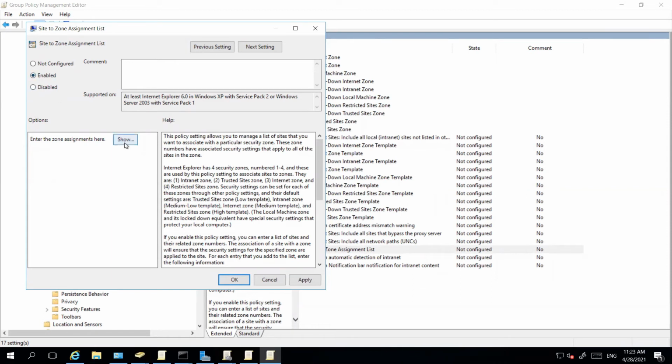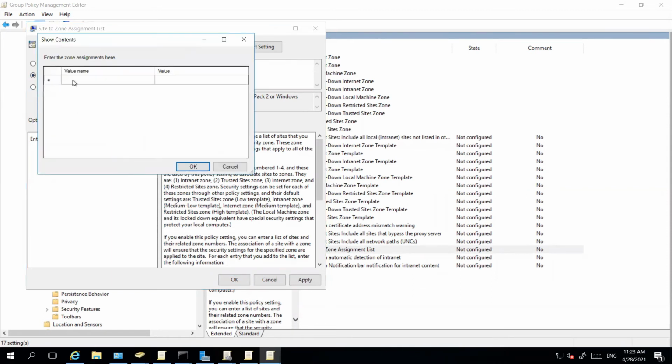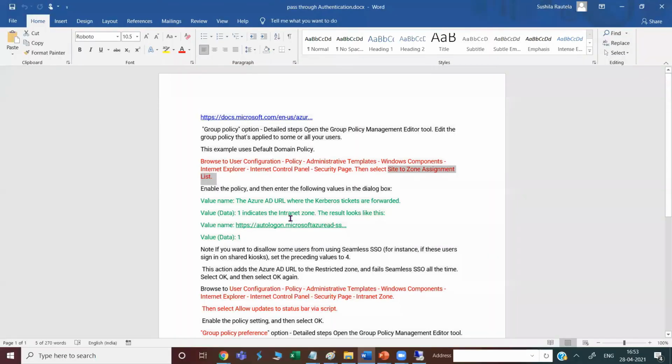So first you click on enable, then you click on show here. There you are supposed to give some value name and the value. Which value name and value do you need to give? This is the URL you are supposed to give, and in value, you need to give 1 here. So copy this.